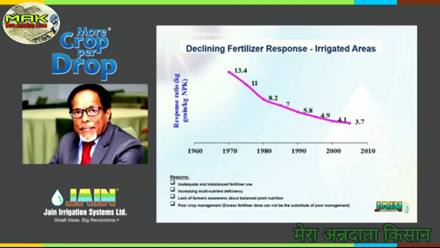So from 1970 to 2010 or beyond 2020, I'm very sure farmers will be applying more fertilizer than they applied in 1970 because their economic conditions improved. They have access, and governments are providing the Kisan Card and other loan facilities, and there's a huge subsidy on fertilizer. Fertilizer is available. So you keep adding more and more into the soil, but the return is not so much. That's why the efficiency is becoming less. This is especially in irrigated areas.